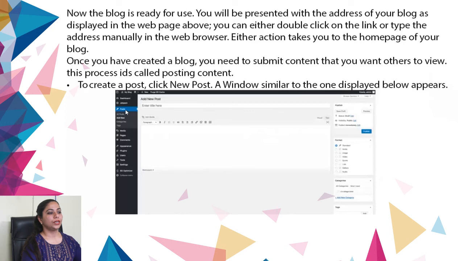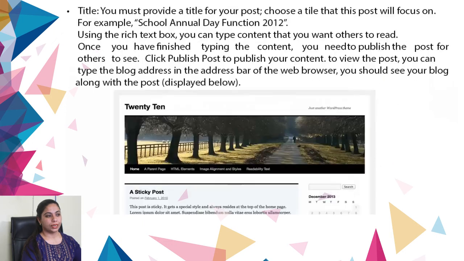Here you have the link to create the post, and just type in the title and the content and press submit. The next page that you have is about the title. You can type in the title on the title bar. The text can be written in the bottom section.